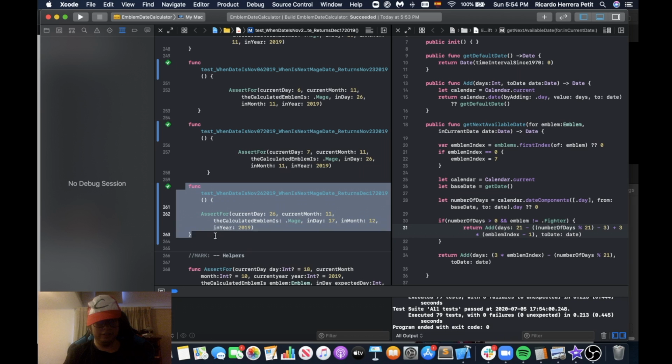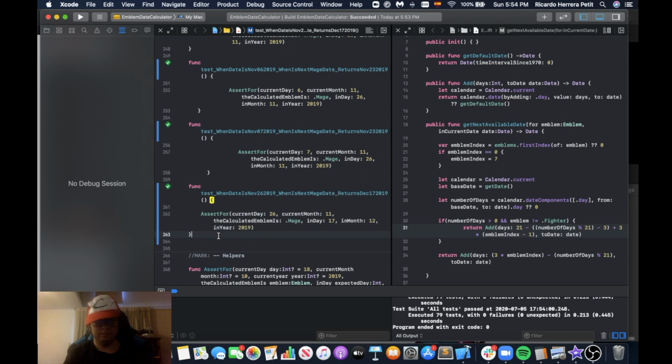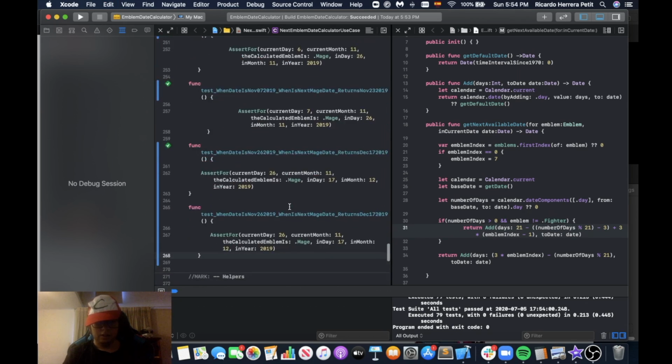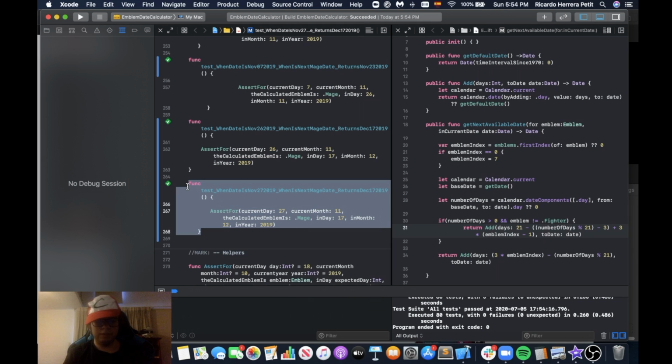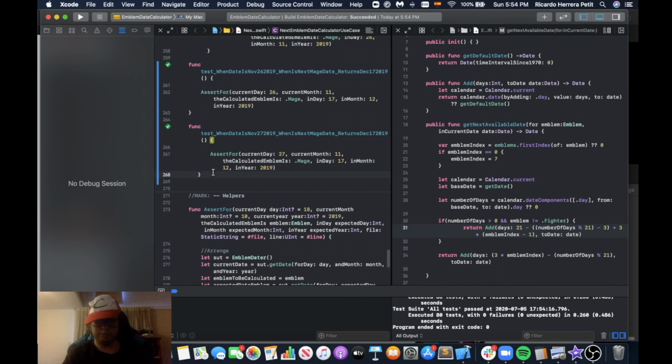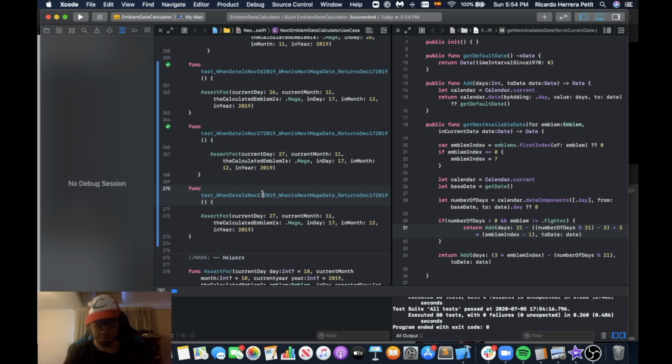and I'll just do the same for when the date is November 27. It should be the same here, Command U. And then the same should be when the date is November 28, 2019. Current month, March, okay, Command U. Okay,